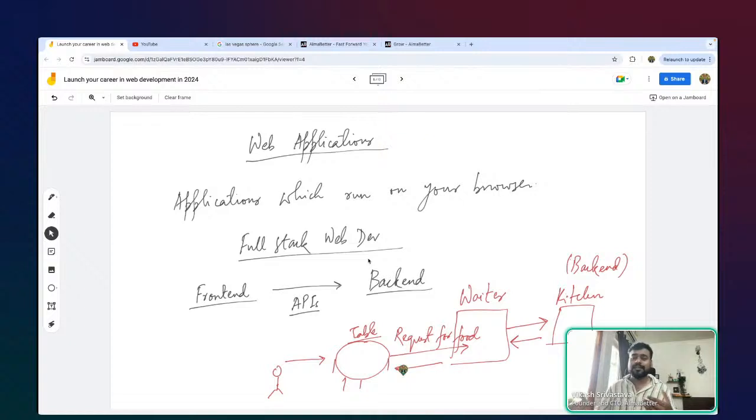Of course this might take around 15-20 minutes if I'm getting food at a particular restaurant. But when we are doing a network request, it's probably going to take just milliseconds, depending on the nature of the request.